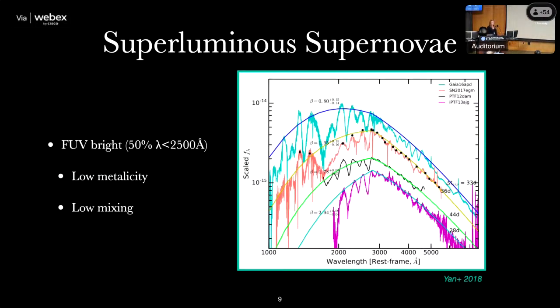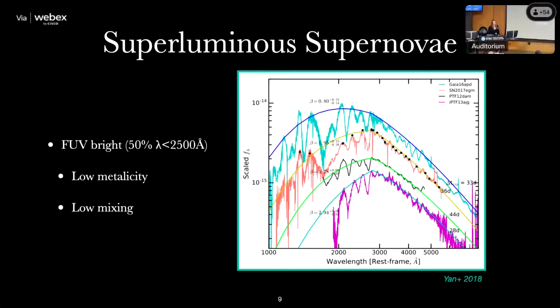So moving on to superluminous supernovae, these are the one supernova that are actually UV bright. More than 50% of their flux comes at wavelengths shorter than 2,500 angstroms. We think this is probably because they are forming in low metallicity environments, and therefore the outer ejecta are low metallicity. In addition, this probably also tells us that there's not a lot of mixing of the elements that are created either during the progenitor evolution or the supernova explosion itself,